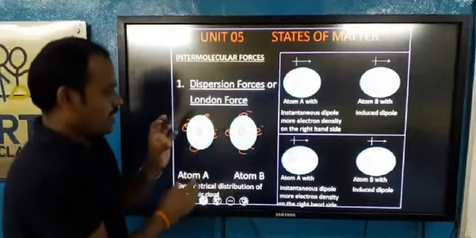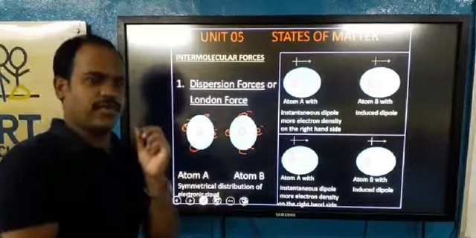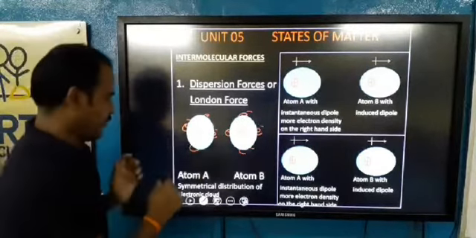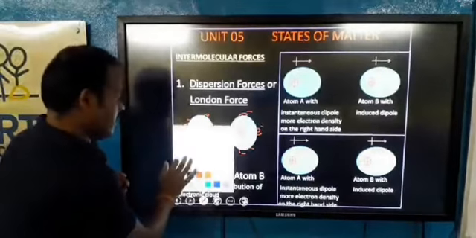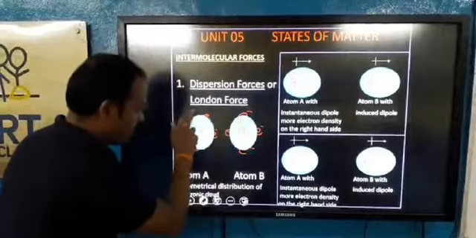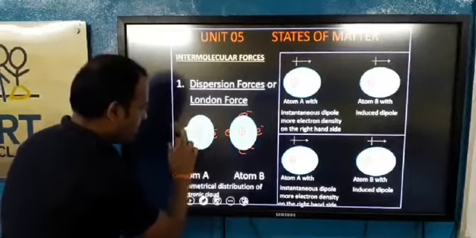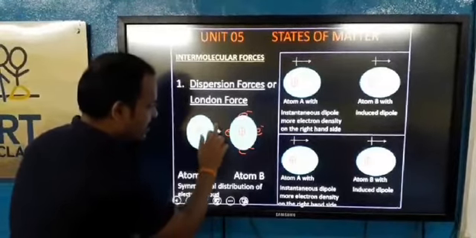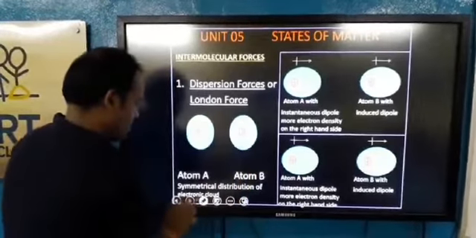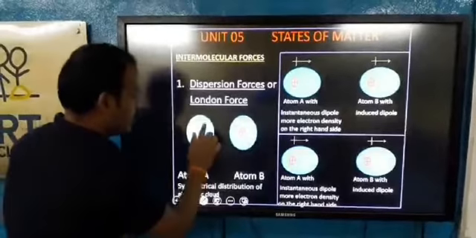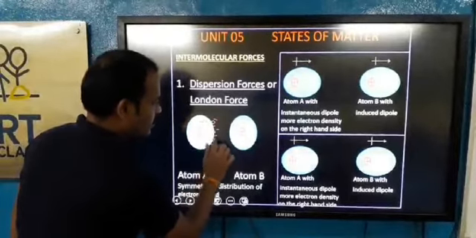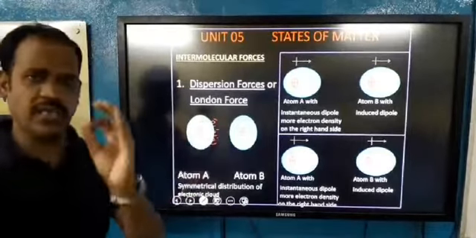But for a very short time, these electrons gather in one place. Now see here, if these electrons are gathering in one place, then in place of this distribution, the distribution becomes like this. All the electrons are present here, minus, minus, minus, but this is for a very short time.